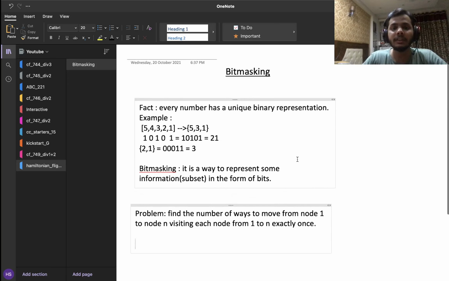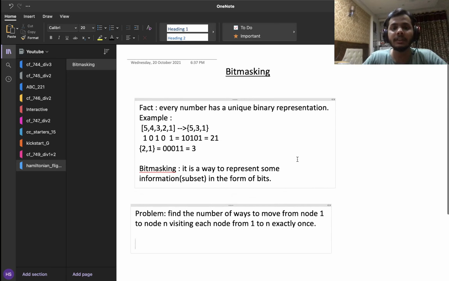So as I talked about before, every number represents a subset, right? So this mask is just a number which is going to represent a subset. For example, if the mask is 3, it is going to represent the subset of 2, 1. If the mask is 21, it is going to represent the subset of numbers which are at the 4th, 2nd and the 0th position in our array.